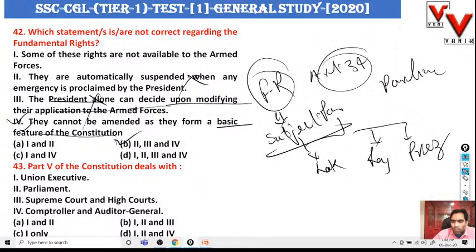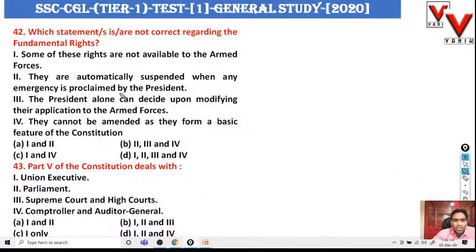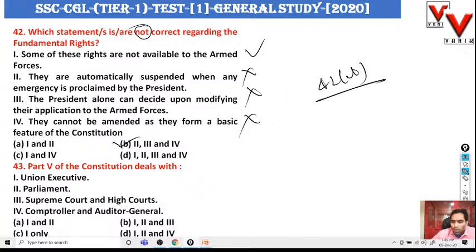Because they are asking which of them is not correct. So the first is correct, subject to modification. So the fourth statement is not correct. So that's why the right answer is going to be second, third, and fourth, which is mentioned in option B. So the right answer to question 42 is going to be B. Okay. Now we are going to proceed further and discuss the